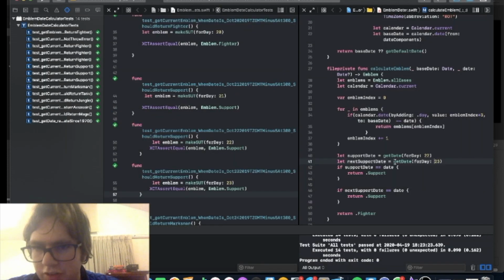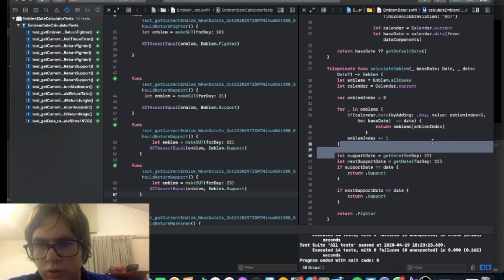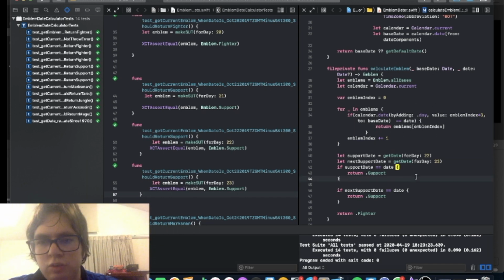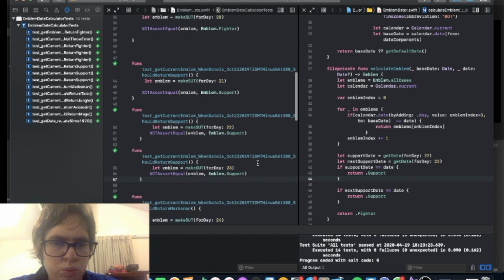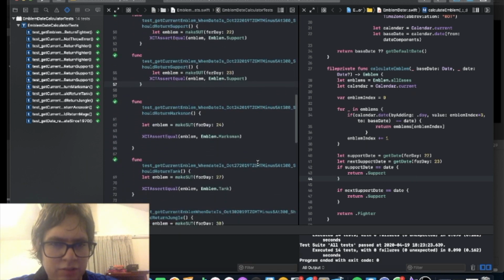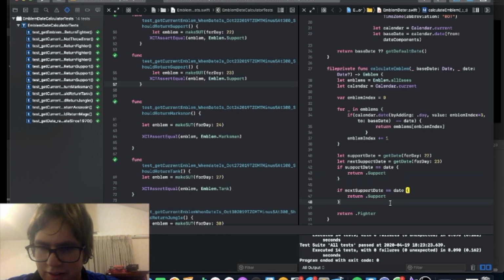Right? So what is happening now, if it's the emblem date, I want it to be getting the next day and the next day and the next day, right? Let's just do a couple more, so you can see what I mean with this, and then we'll get the algorithm to make the test more specific. So now for marksman,